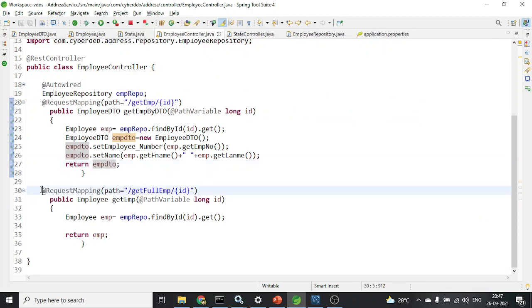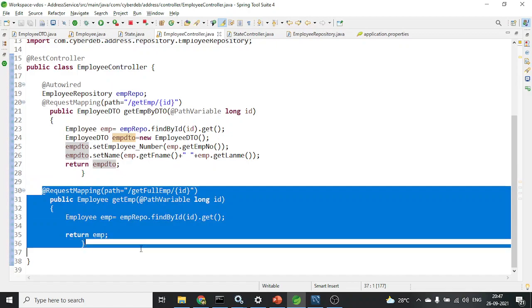Look at this second method without looking at the first one. In the second method, I have created the request mapping, or the URL for this method, as getfullemp. The getfullemp is a URL which accepts the path variable as id.